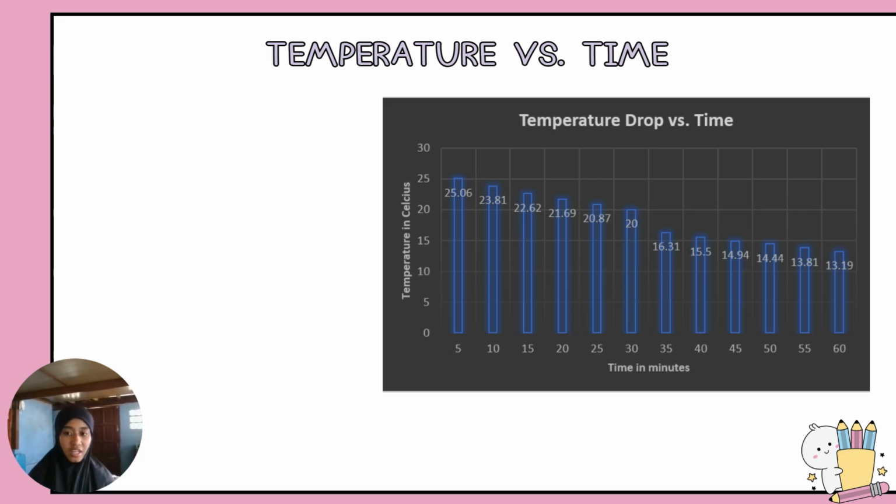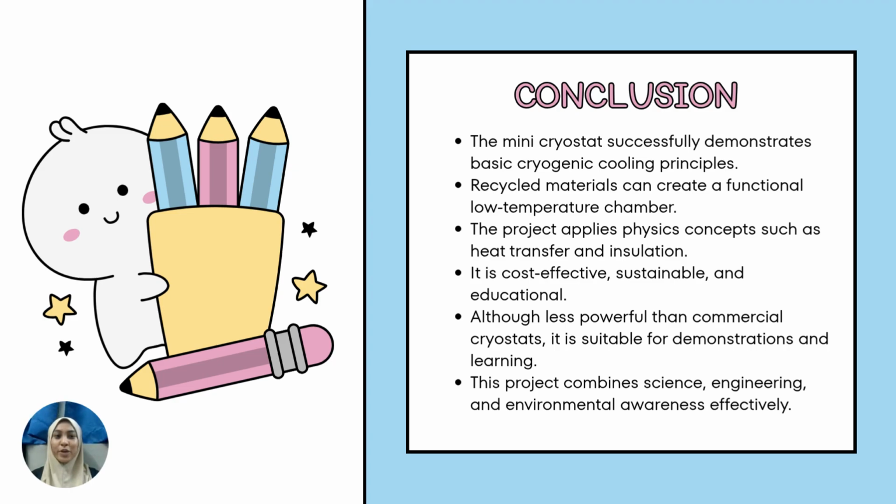In conclusion, the result that we gain confirms the expected cooling behavior where heat is lost rapidly at the beginning and more slowly as the object approaches room temperature. We've successfully got the lowest temperature, which is 2.94 Celsius. In conclusion, our mini cryostat successfully demonstrated the basic principles of cryogenic cooling